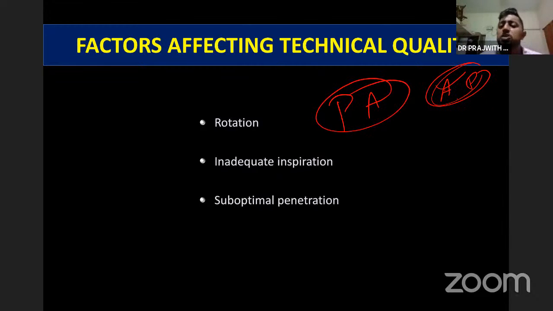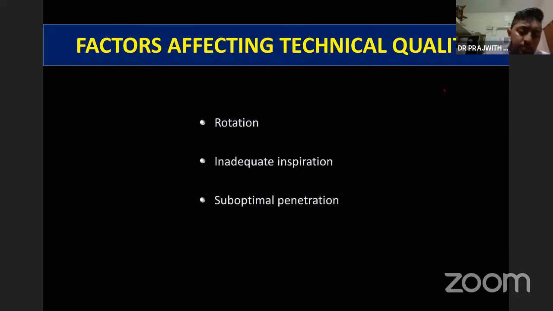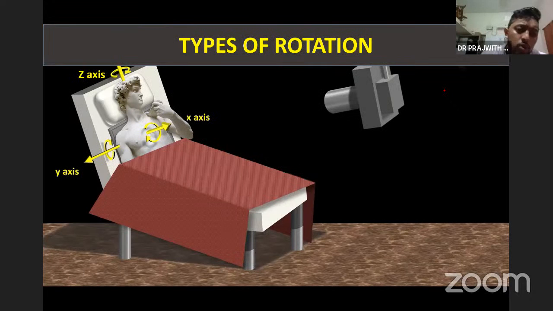When I can't do a PA chest X-ray, I do an AP chest X-ray. But when I do a PA chest X-ray, then I have to see these following parameters. I have to see the rotation, the inspiration, and the penetration. Very simple. The rotation is nothing but whether the patient has rotated on right or left, anterior or posterior, or along